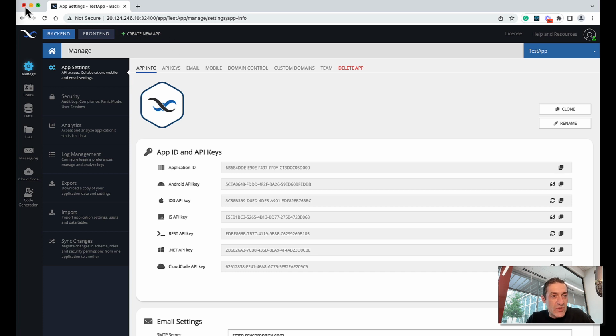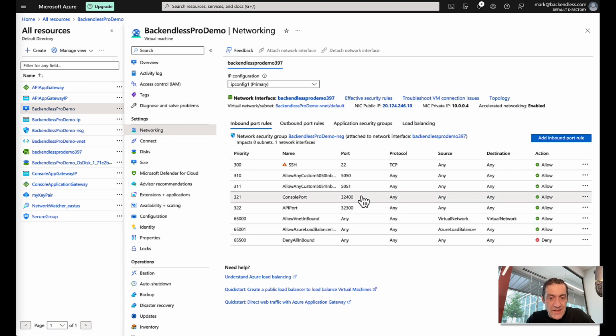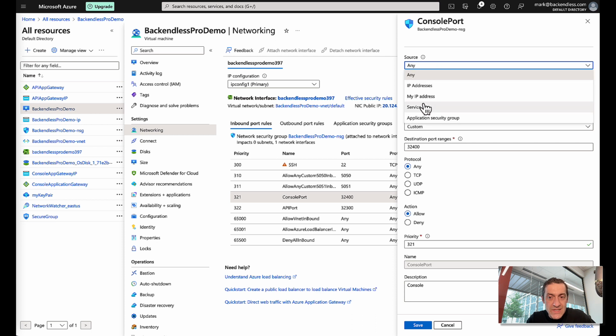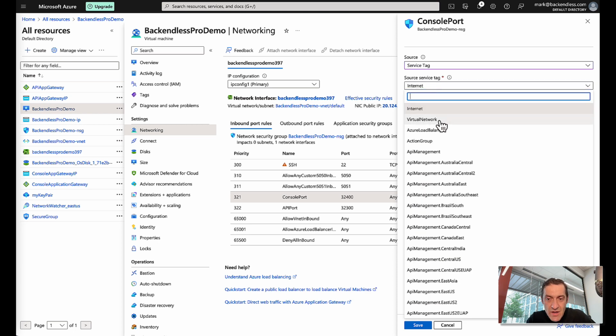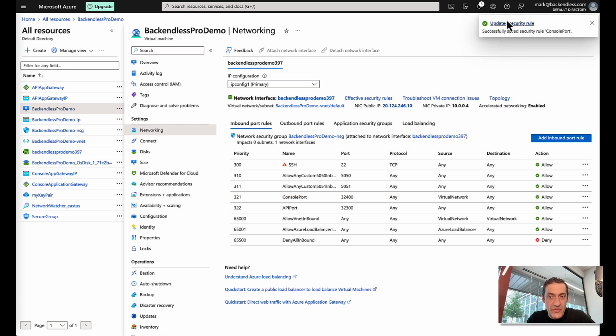In order to prevent this, go to networking for your virtual machine and select the port that you want to restrict access to. The port still needs to be accessible by application gateway, because application gateway routes the traffic to that port. So click this entry, and in the source, select service tag, and for the source service tag, select virtual network, because the application gateway and the instance are on the same virtual network. Now if I save this, and as soon as the security rule has been applied, and it has,